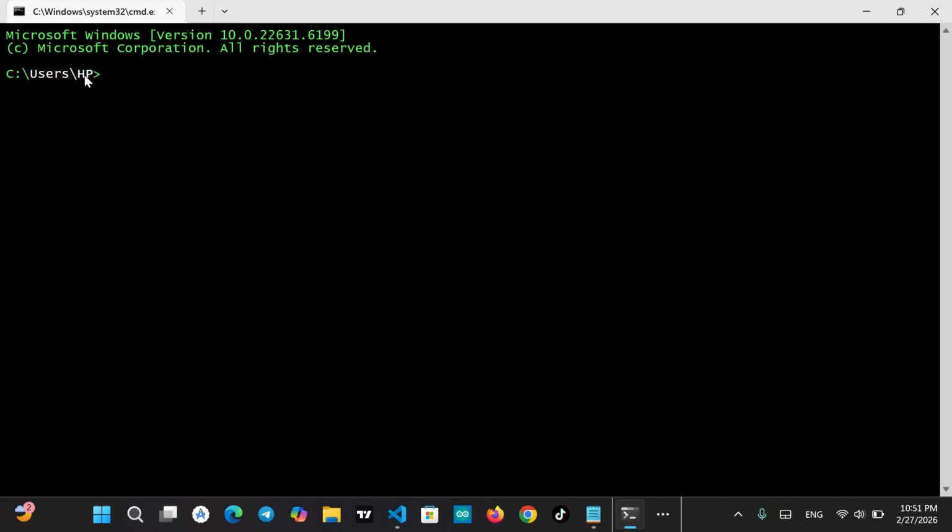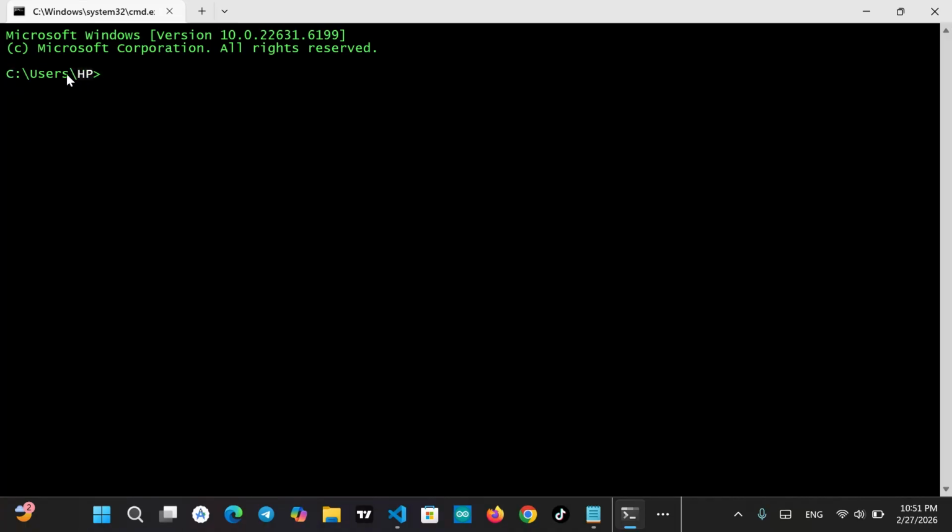Those are folders. For that, Users is a folder that exists in local disk C. HP is a folder that exists in the Users folder.